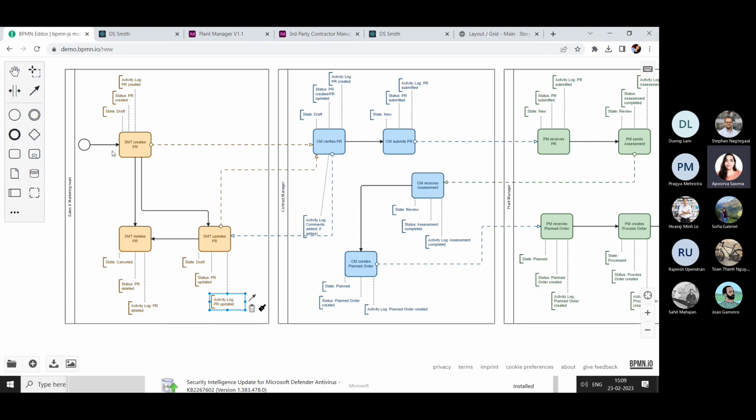Now, when SMT creates the PR or updates the PR in both flows, they can directly send it for verification to the contract manager. The contract manager will verify the PR. This stage is basically just to notify that they received the PR. So here the state will be the same, draft. Status will be PR created or PR updated based upon the previous stages, and then the activity log will be